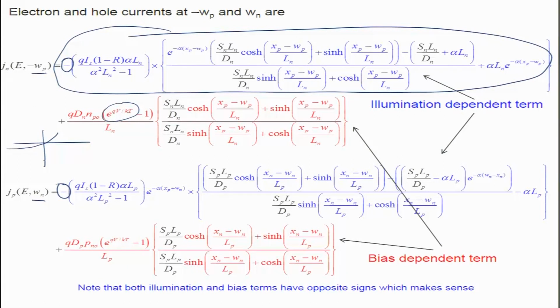You should start at somewhere here. This is the illumination current, and then as you increase the bias, this current reduces and goes to 0 at a certain bias, and we will see what these terms are. This is basically the IV curve you should obtain for a solar cell when you plot this for a given illumination.